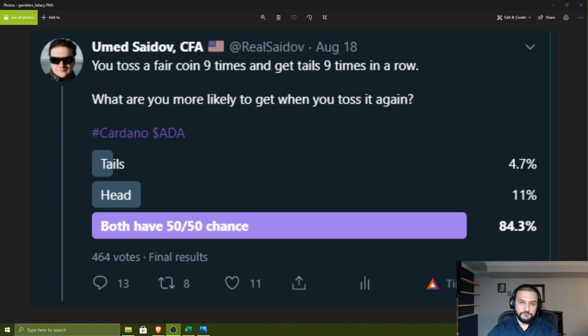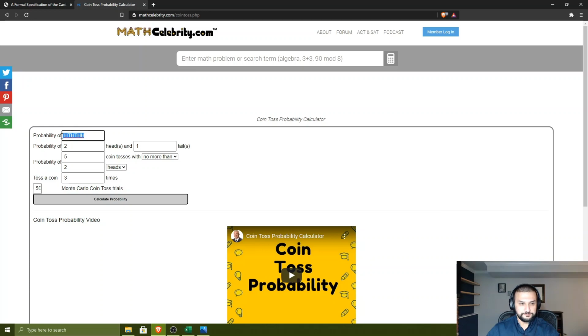In the case of coin toss, we can say that we have tossed this coin 9 times, but the concept is such that the fact that we have landed 9 times on tails doesn't mean that the next one is influenced by that. Or if we toss it 1 time, it has zero effect on the next time we toss the same coin. In fact, I'm going to give you the probability of landing on tails 9 times in a row. There's this website that I found that you can plug in these numbers.